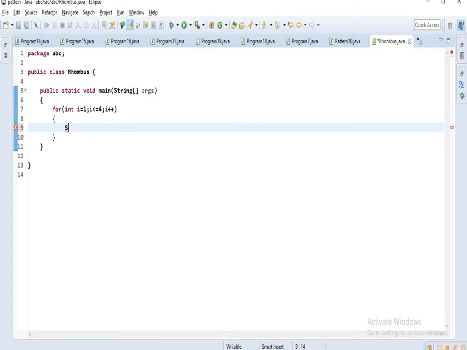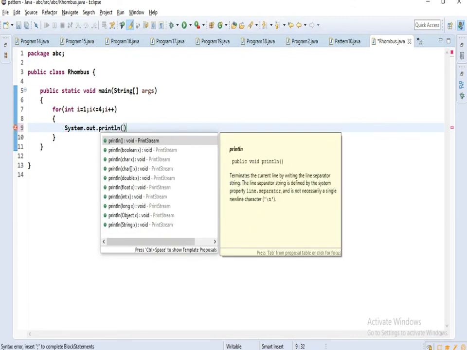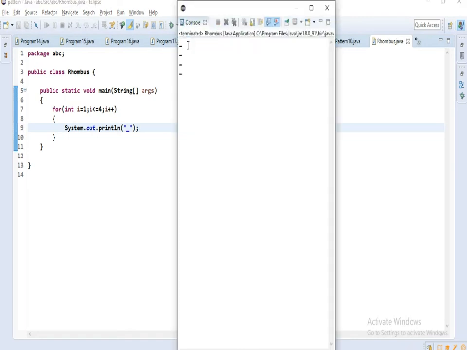First I will take system.out.println and print underscore instead of space to understand. Look here, every time underscore is printed on a new line, but we don't need that.